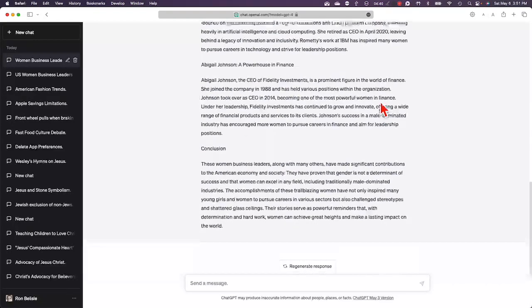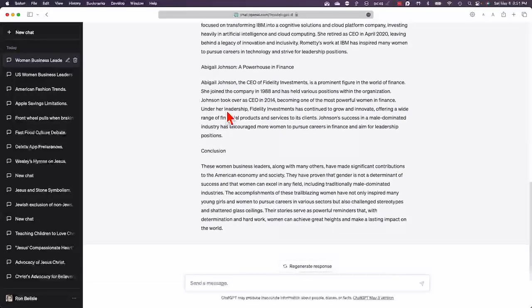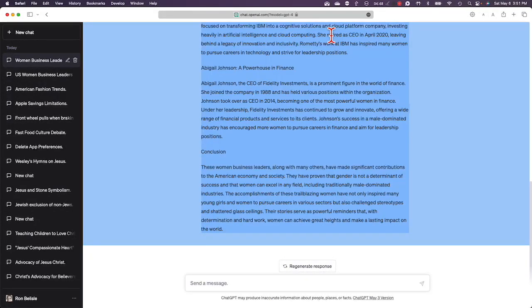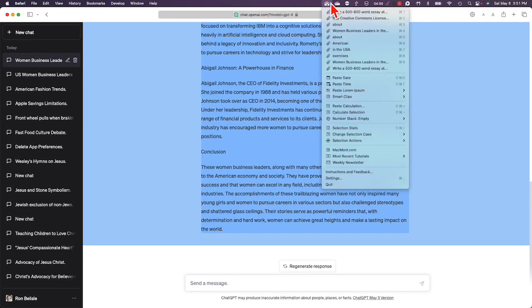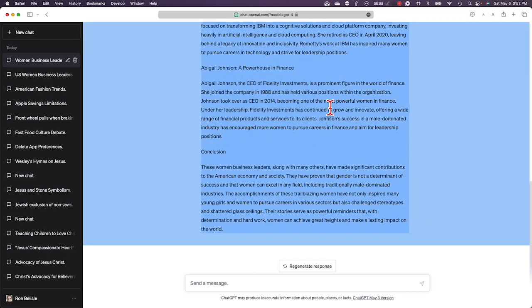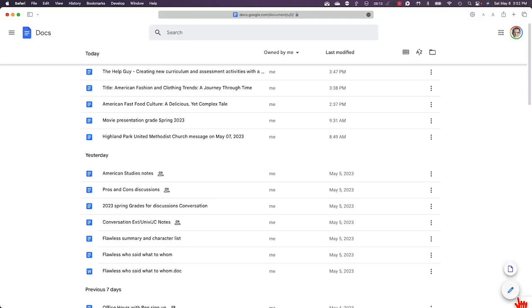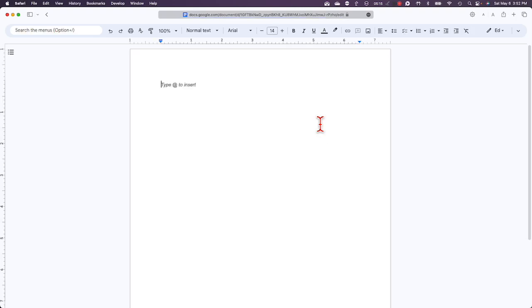So let's go back to our essay, and I'm going to select the entire essay and just count the words. I have a little tool here called Clip Tools, and I can look at the stats, and it's 603 words. That's about what I wanted. So I'm copying that to my clipboard. I'm going to open Google Docs, create a brand new document, paste it in,